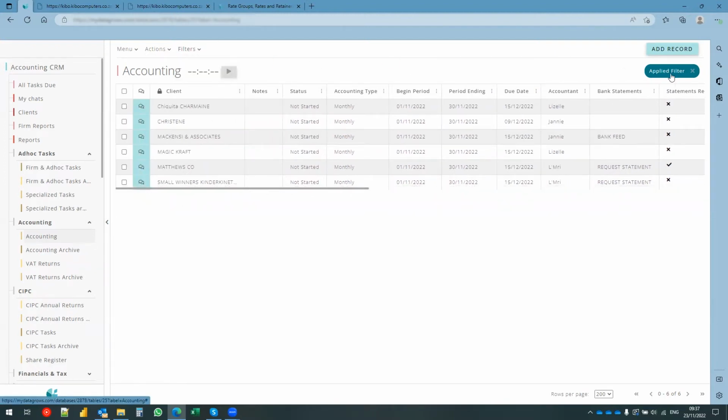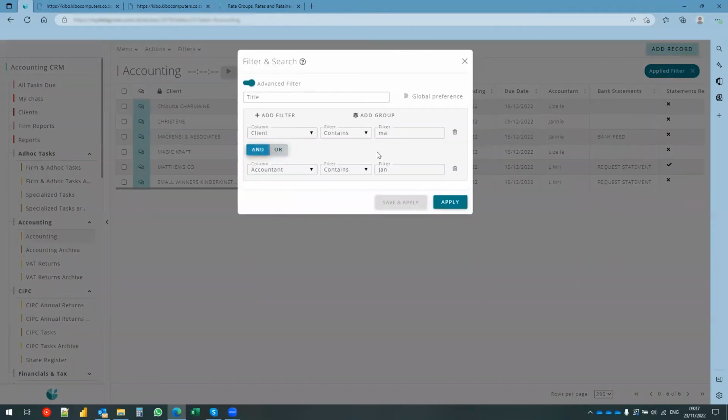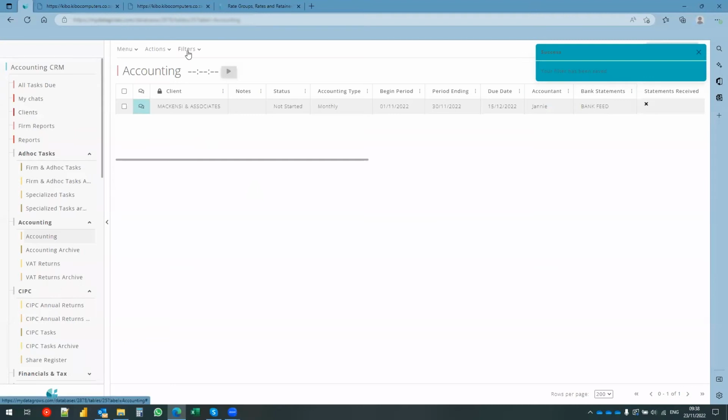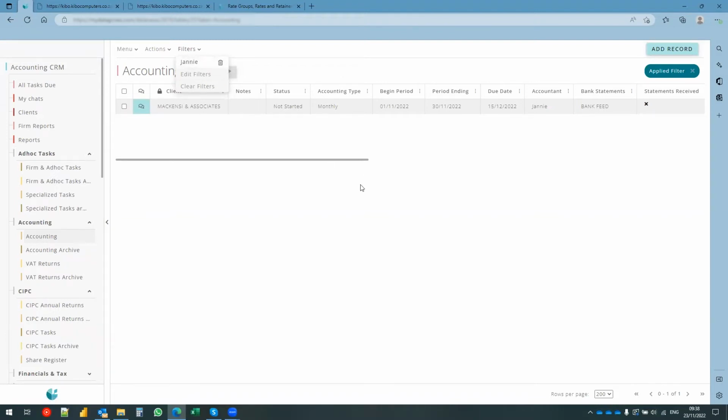And you can also save a filter by giving it a name and clicking save. And then next time you come back to that table under filters, you just need to apply the filter and it will research for you. So if you find yourself searching for something over and over again, you can then just click on that filter. And if you make it a global filter, you can then